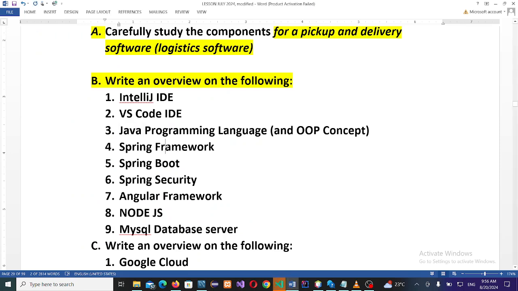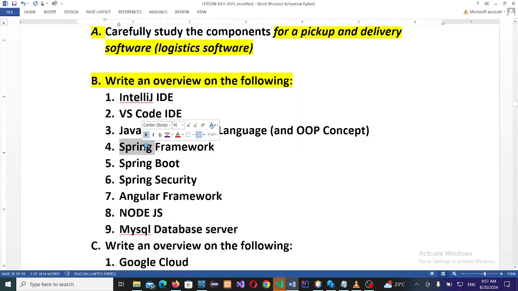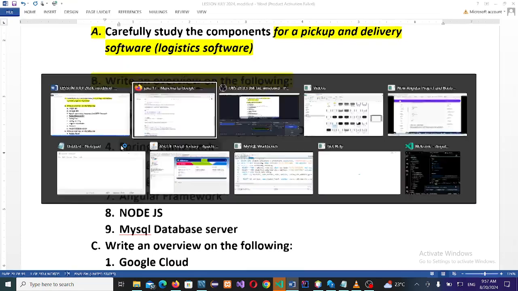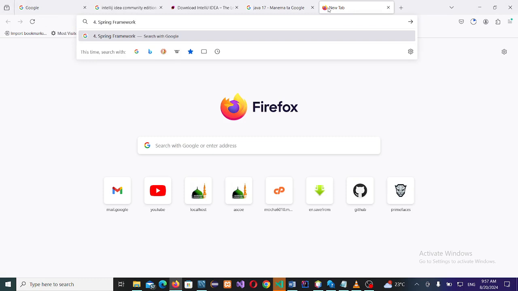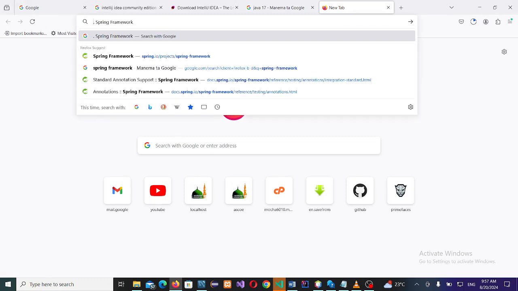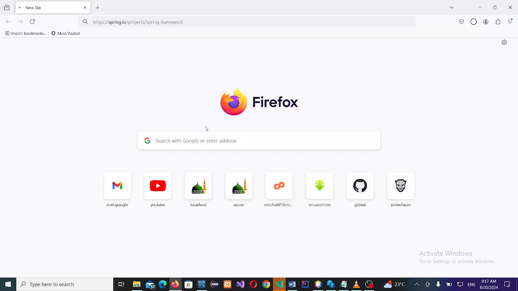Then the Spring Framework. For the Spring Framework, the installation is unlike the